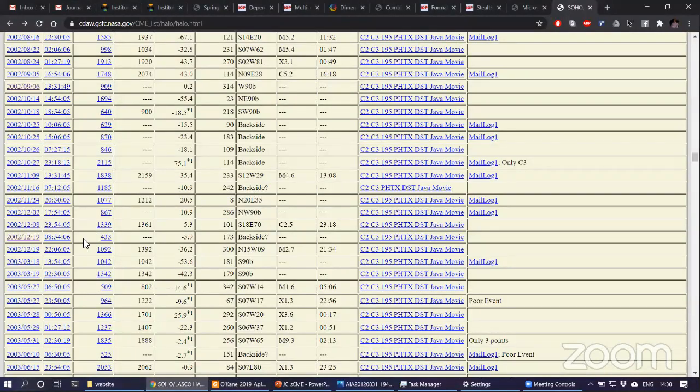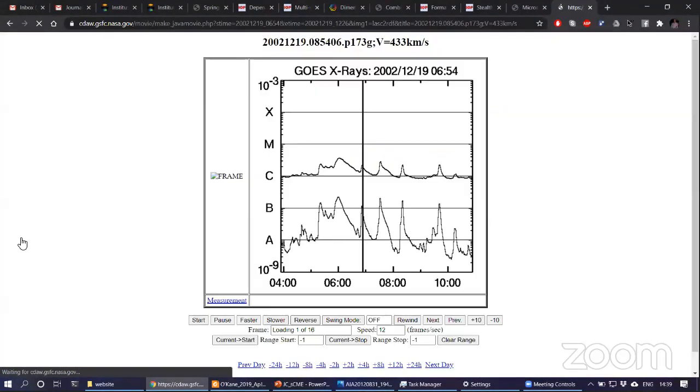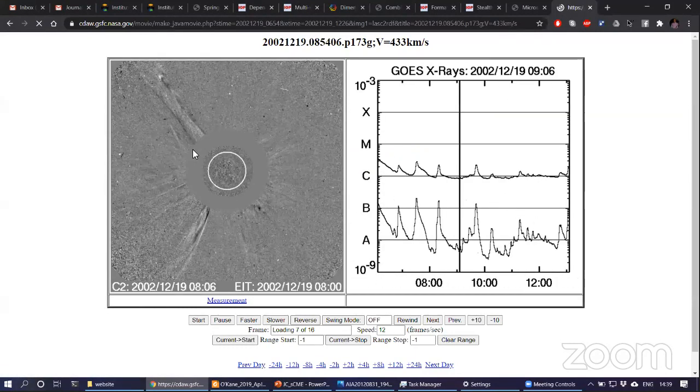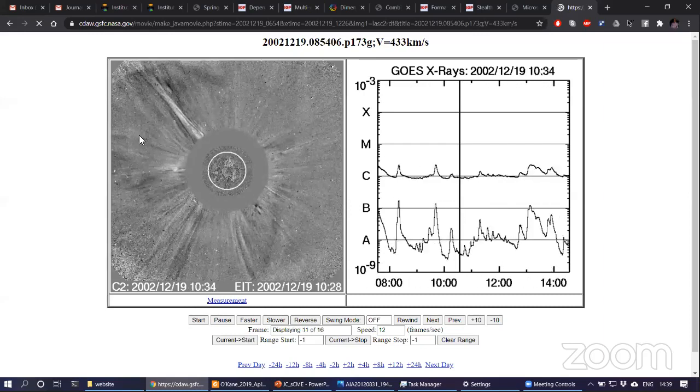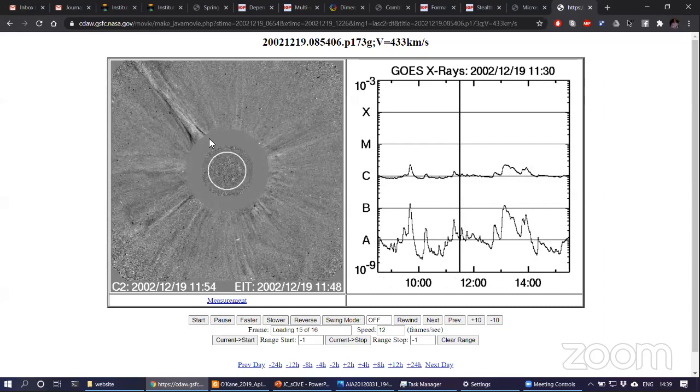In the catalogs of the CMEs, there are CMEs which are termed backside CMEs. If you see their movies, like in here, there are already some flows, and you can see there is a CME directed either towards you or away from you, but you cannot say from this particular movie because the disk is blocked. And if it is a stealth CME, you won't have any signatures on the disk. So you may assume that it is going behind the disk. That can be possible